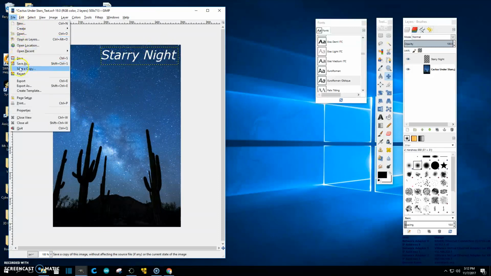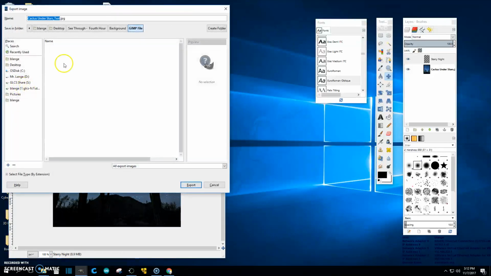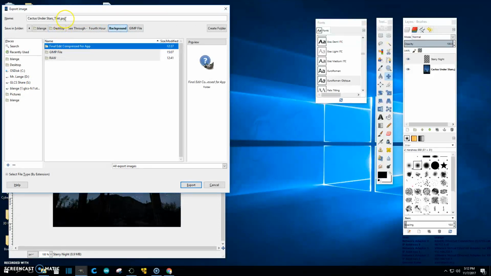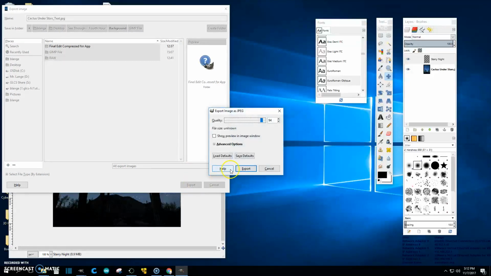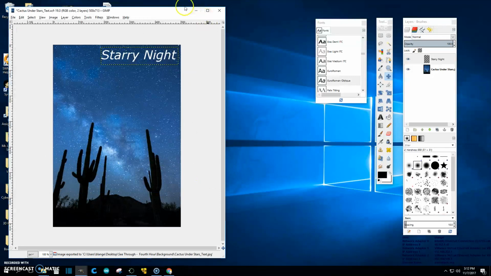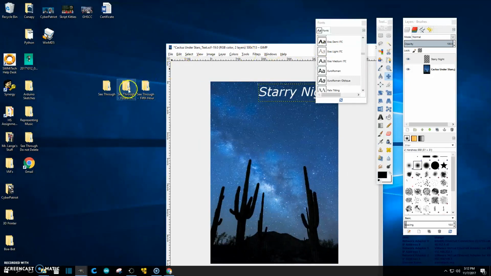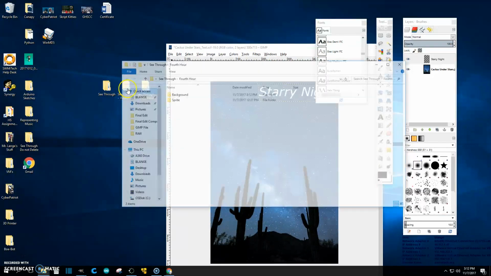Now I can do a file export as. And again, make sure you go into your final edited one. This is going to be a JPEG now. I have not dealt with any type of transparency, so saving it as a JPEG is just fine. And I'm going to choose, this is with text in it. Make sure your title has the word text in it, which is good. And export. And what I can do now is go to my fourth hour, my see-through fourth hour,